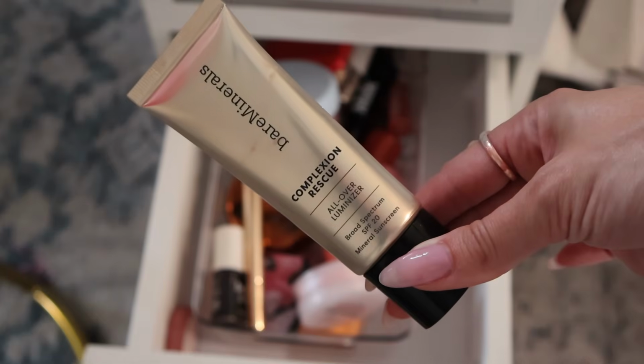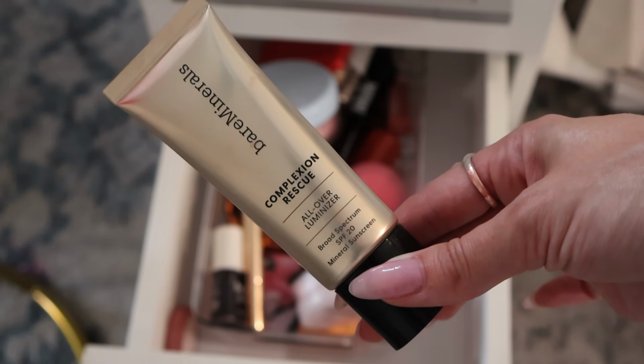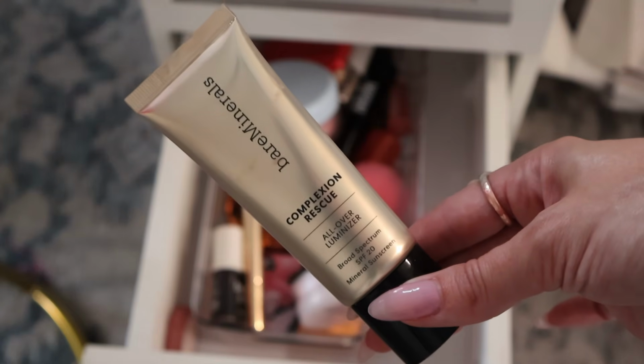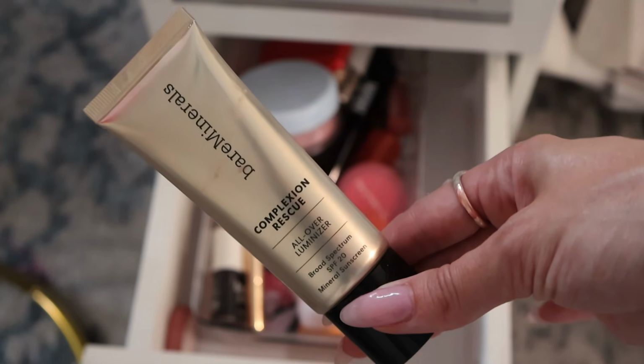So what I do when I apply this, I put this on and then I do a little bit of my concealer powder and I'm good to go. I'm not using my skin tint. I'm not even using a ton of concealer. I'm doing my under eyes and a little bit of spot concealing because I'm more acne prone, but this is